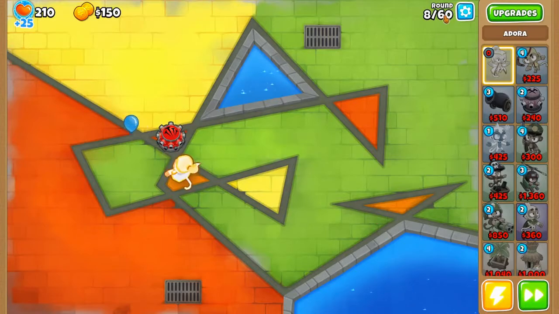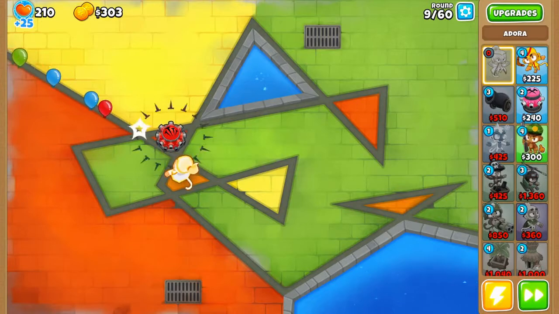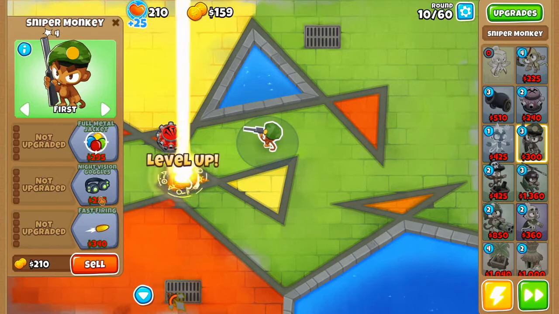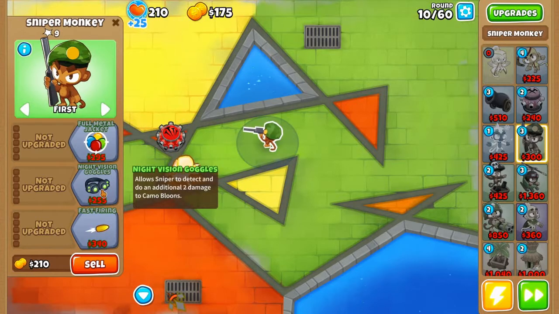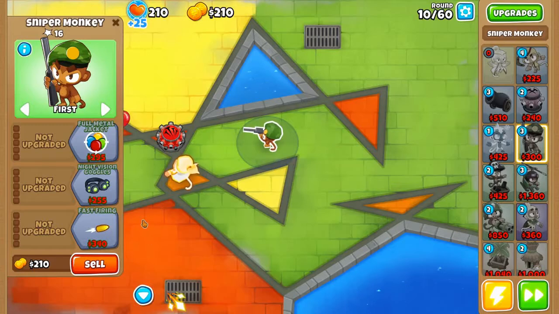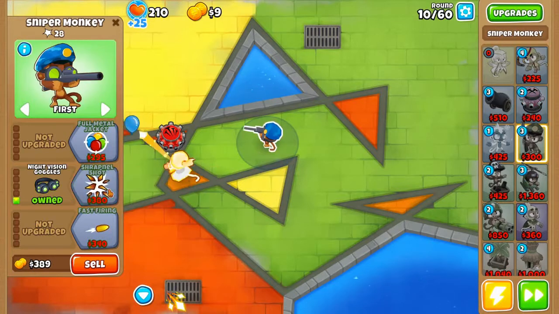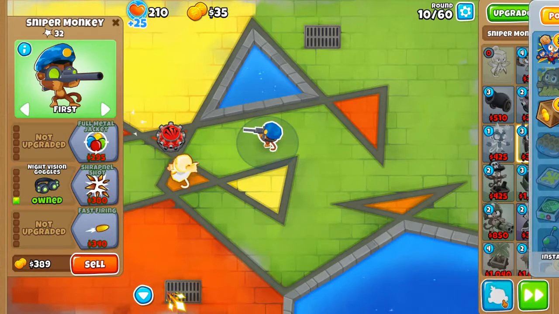But we have to get to round 60 again. Not a problem on that either. This is probably one of my favorite maps. I really like this one. Mainly because it's pretty easy to get set up in the early game, and there's large open spaces up here and up here where you can place a lot of farms down, which is kind of nice. But anyway,